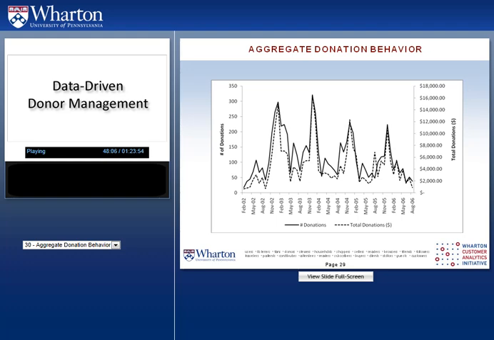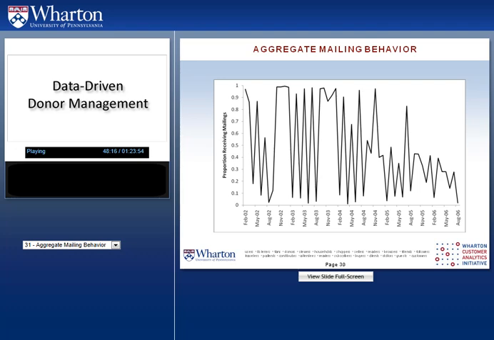Let's take a look at what the mailing activity looks like over this same period of time to these donors. First, let's look at what's going on at the aggregate level, so not breaking it down based on the individual donors, and we can see that on a month-to-month basis, it's a little bit jagged. It looks like for the most part, maybe every other month, almost all of the donors are getting mailings early on. In 2002 and 2003, you can see that we get up to almost 100% of our sample receiving mailings